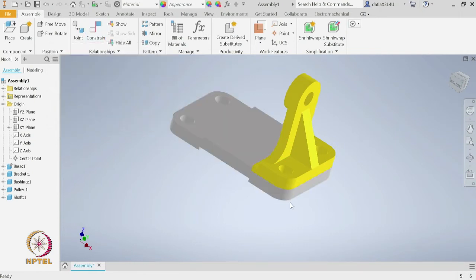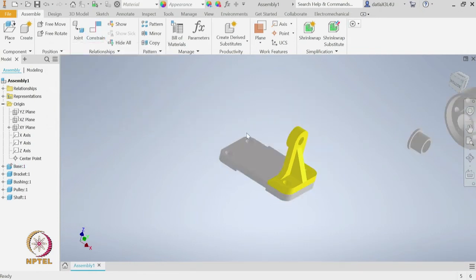So, now what we have to do is we need to create this left support. For that I will do copy paste. So, I will select this part, Control C, Control V. So, it has placed it somewhere here. So, how do I constrain it? First, I will make sure this whole axis and the axis of the second support, both of them are collinear.